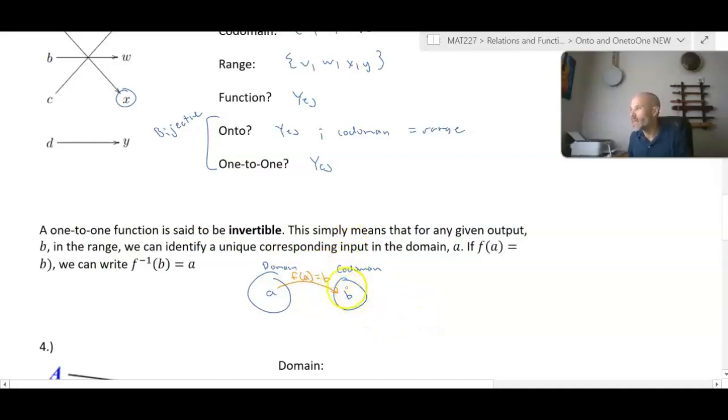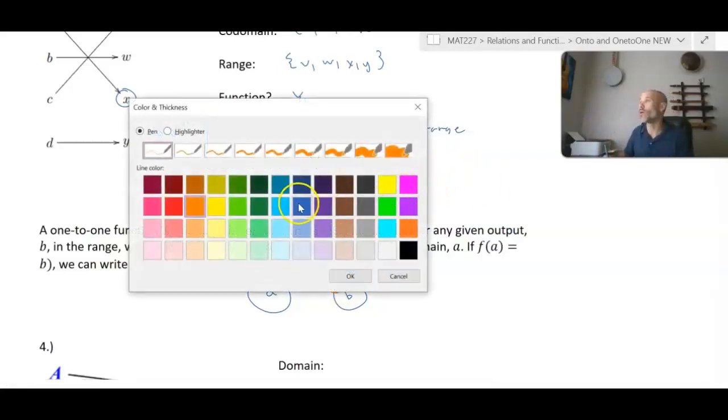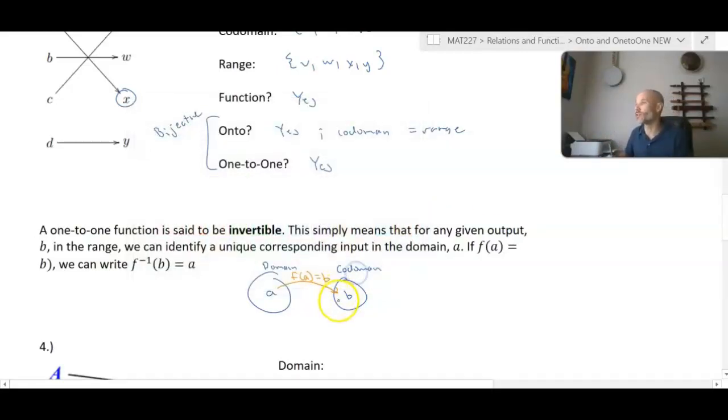But how would I take an element that I know is an output and figure out what its corresponding input was? Well, I'm going to write an inverse function that works the other way around, that basically inputs a value of B. And I can't call that f anymore because f takes a value from the domain and maps it into the codomain. But an inverse function, which we write like this, f not to the -1,